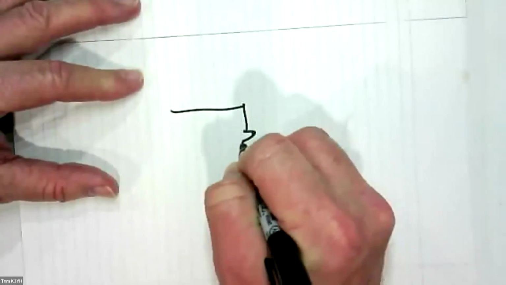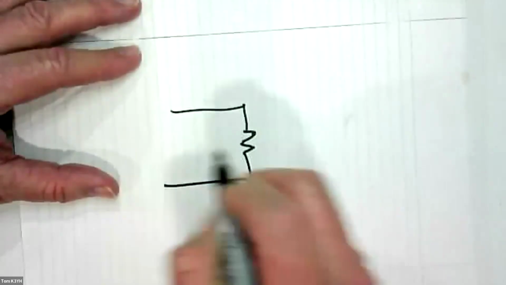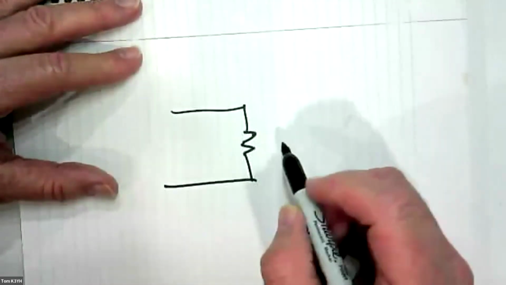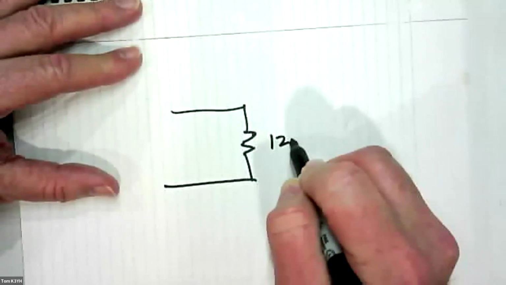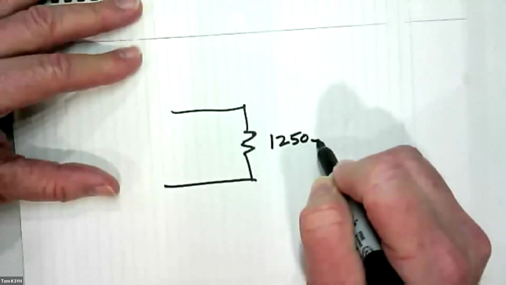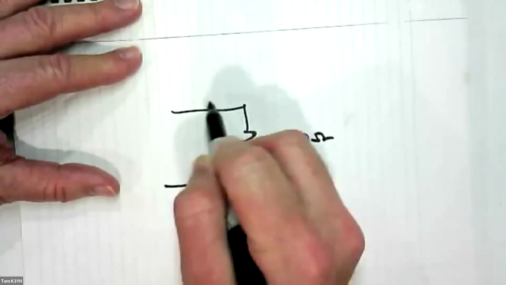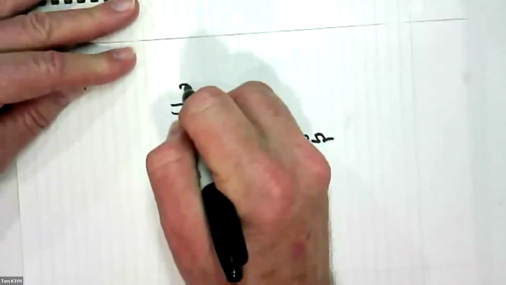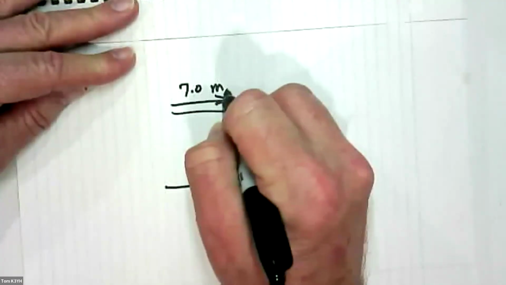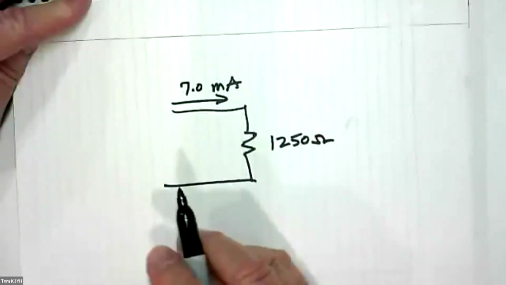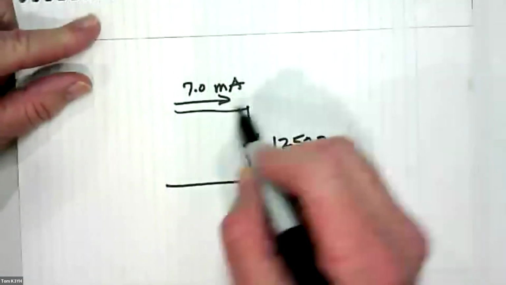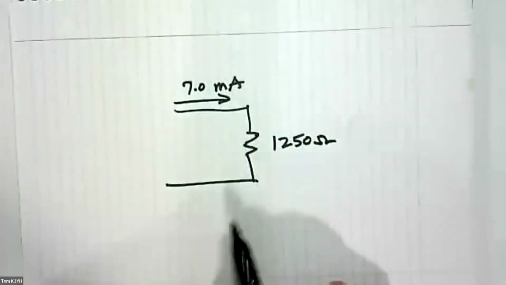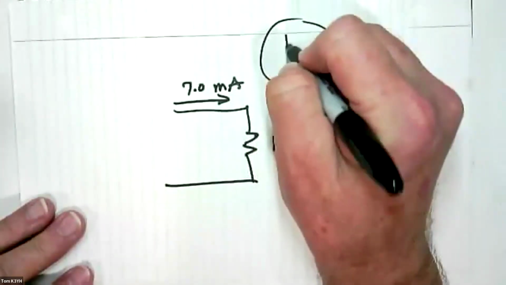Okay. So I've got a circuit and it's got a resistance right here, and that resistance is 1,250 ohms. And I have a current, which is 7 milliamps. The little m is for milli. So this is 7/1000ths of an amp. Okay, so I do my pie chart,